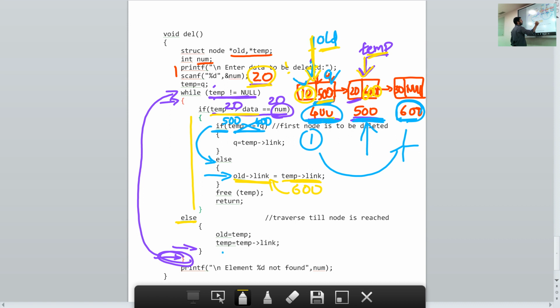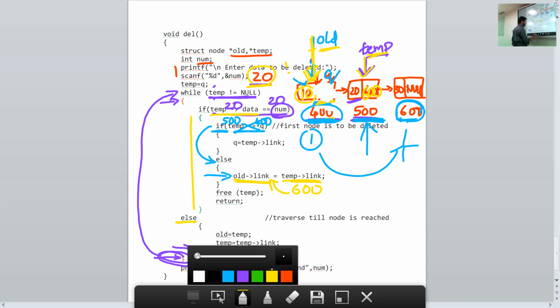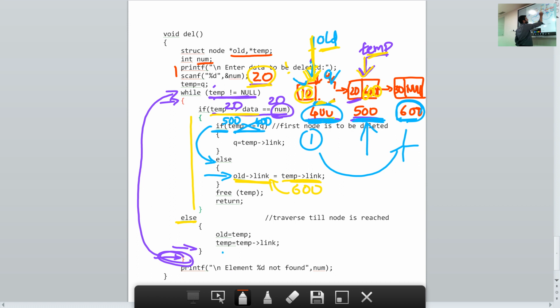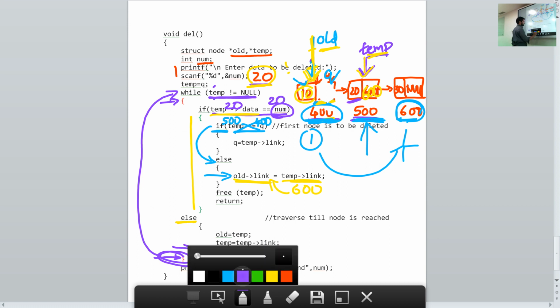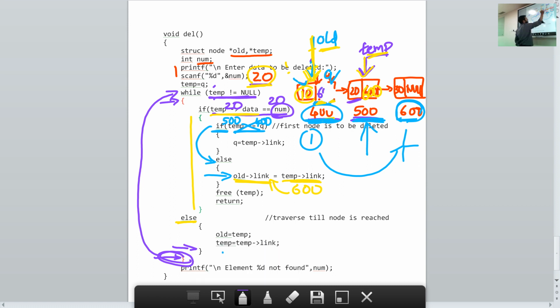So old arrow link, here this will become 600.